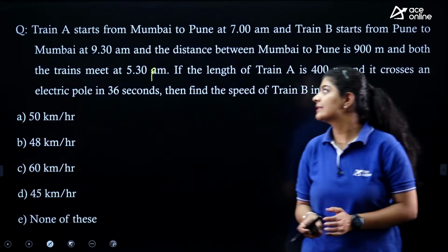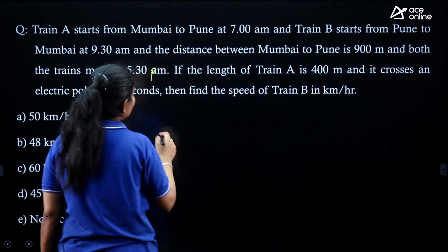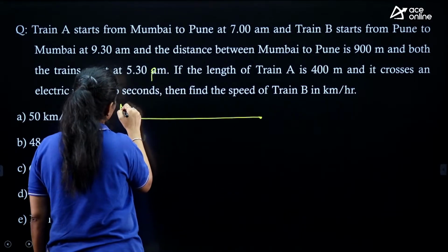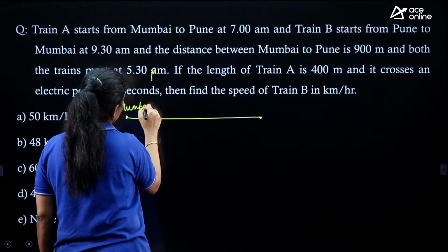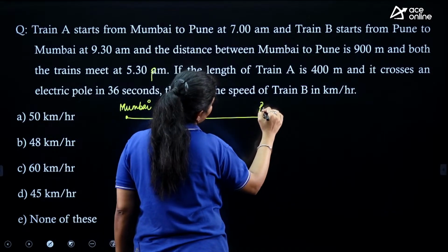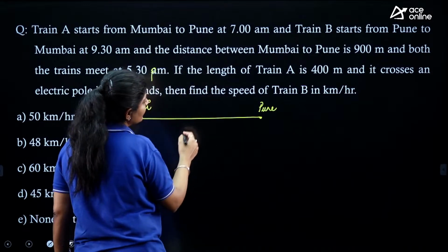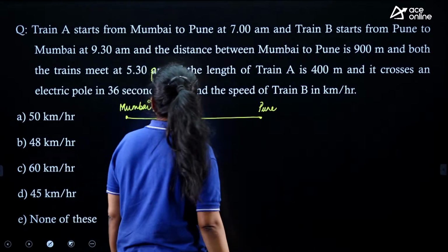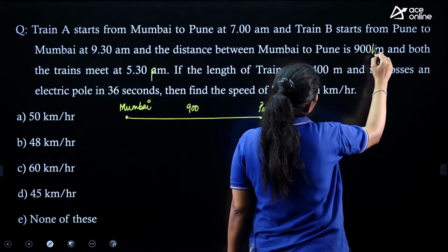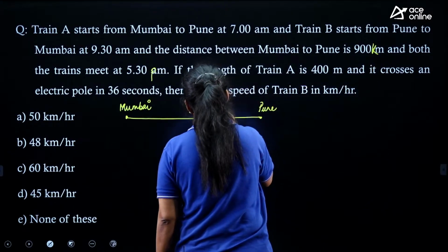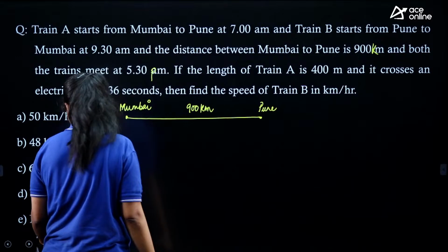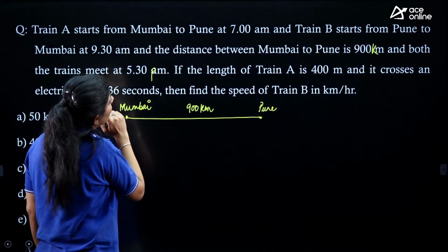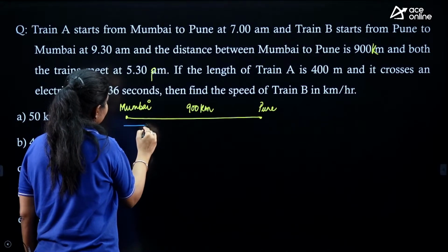Very good, Amit. Let's see. So here the question is saying that we are having two points. The first one is of Mumbai and the second one is of Pune, right? And the distance between them is 900 kilometers, right? Okay. So the question is saying that from Mumbai, train A started at 7 AM